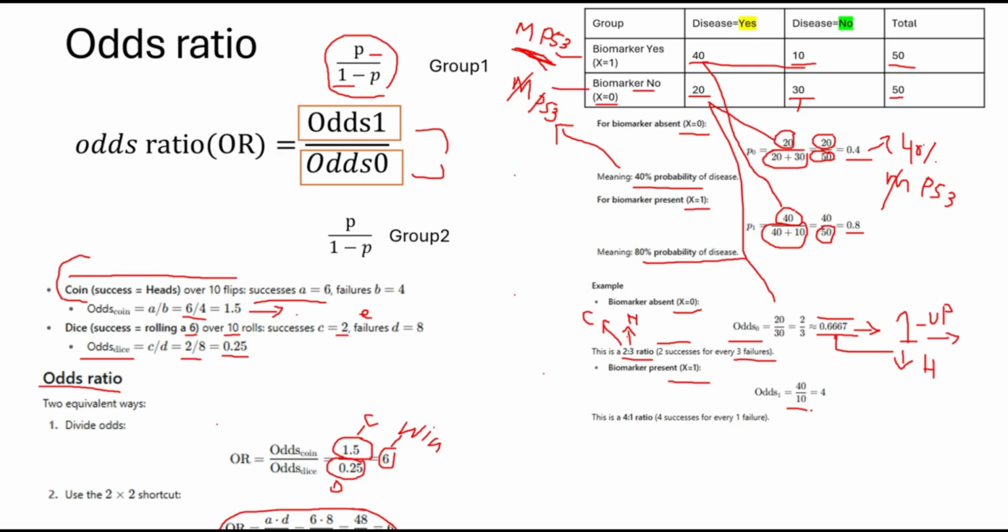Event is a mutation. Oh no, sorry, event is a cancer. So with having the mutation, 40 people develop cancer and 10 didn't develop cancer. So the risk is 4. Okay, that means that the risk is 4 to 1 because, for example, here if you cancel this 4 and this is